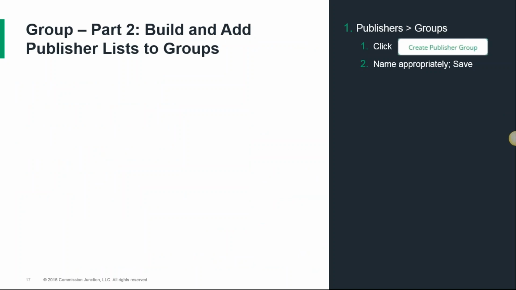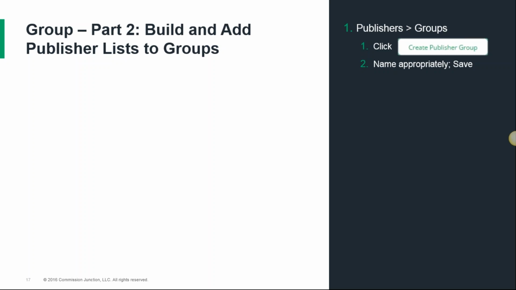Second half is taking those lists and building your groups and adding those lists to the groups. This slide has a lot of steps on it, so we're going to walk through it very slowly, and let me know if you have questions at the end. So now that you've found all the publishers you need to activate, you've divided them up into groups determined by a mix of performance, promotional method, and vertical, head to the Publishers Groups page to build each group. Click Create Publisher Group and name it appropriately. Think of the details you'd want to see in the name years after this and would still help you identify it. Save the group when it's all set and start in your next one.